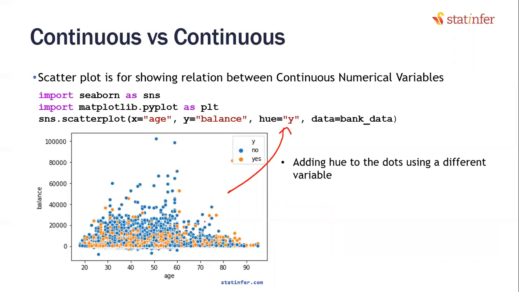Another question that I got in the chat window is, is it good to add a color palette to different variables? You mean the way we have added the third variable here and assigned it a color, is it good? Is that the question? Yes, sometimes, if there are too many categories, listen to this carefully. Here there are only two categories, or if there are three categories, then you can add it and talk about it: look at blue, look at amber, look at green, you can tell a story. Sometimes it has too many categories, 1, 2, 3, 4, 5, 6, and so on, 20, 30 categories. It looks very zigzag, this whole thing. Then you may have to be careful.